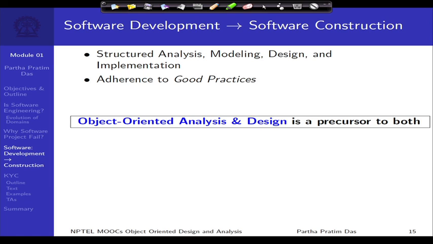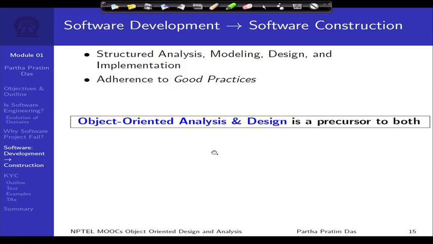That is the code of conduct. I mean, you just cannot deviate from that. Software engineers are still not up to it. So, we are still struggling even to follow the coding guidelines in programs. So, the fact of the matter is that object oriented analysis and design is a precursor to achieving both these major tasks, which will take us somewhat closer to software construction than the state of development that we are in. And that is the main motivation of